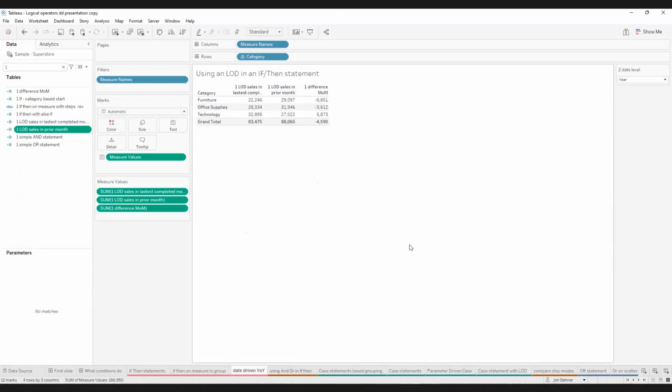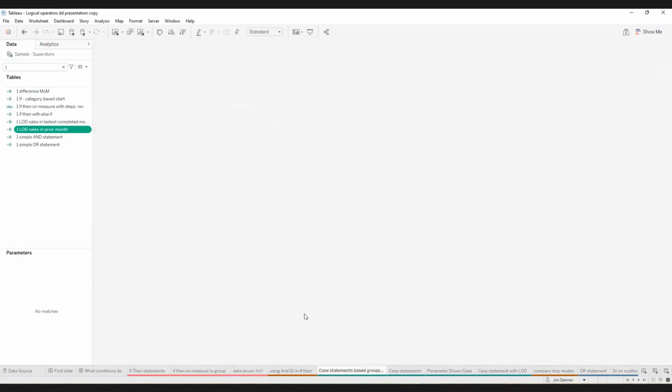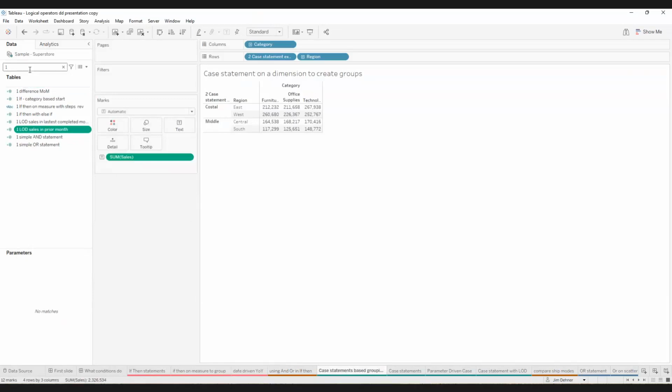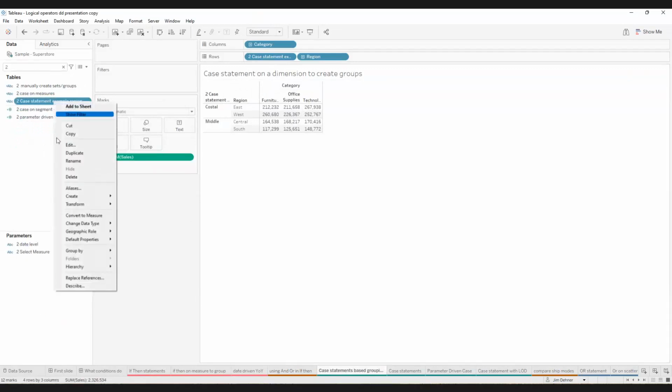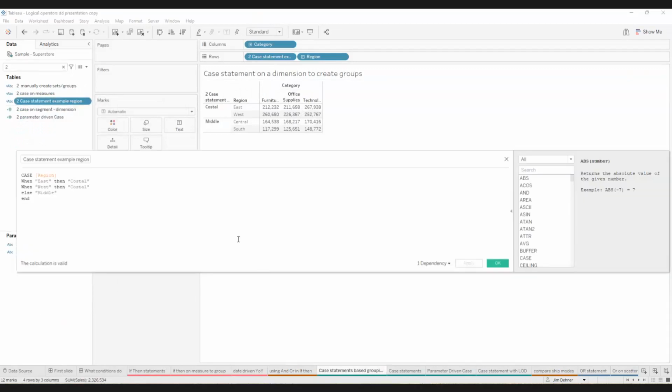Well, we have if-then statements, and if-then statements can be used for branching, they can be used for grouping. We also have other types of conditional statements, and one of those is a case statement. And a case statement has a different syntax, and it works a little bit different than an if-then statement. And I want to start with this very simple example, and I want to just group